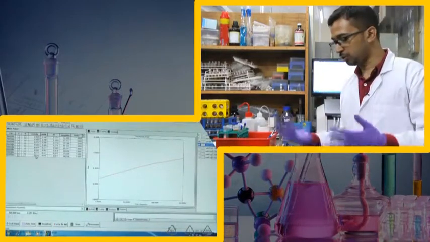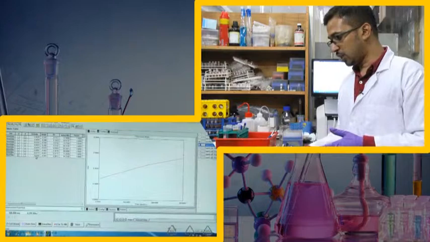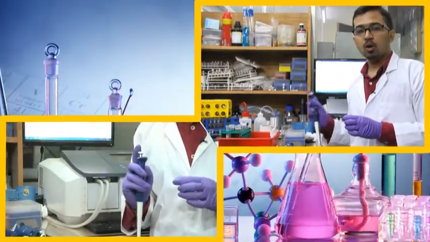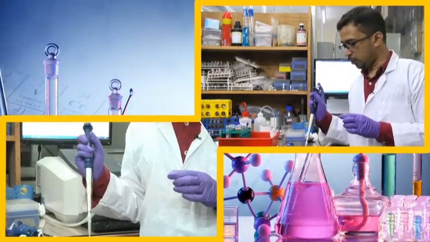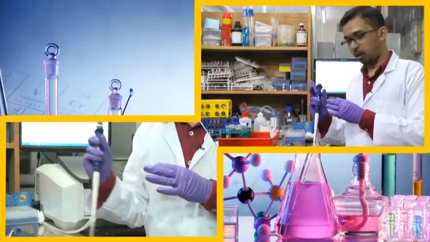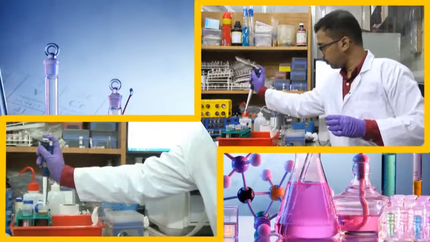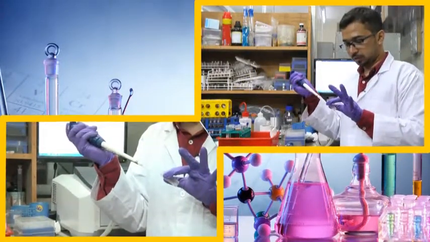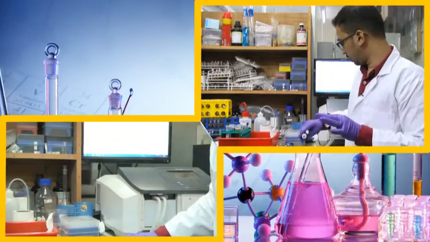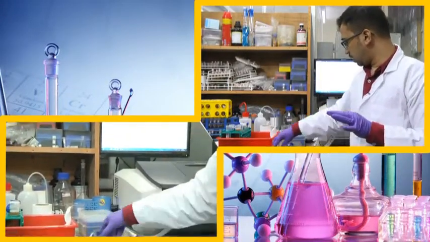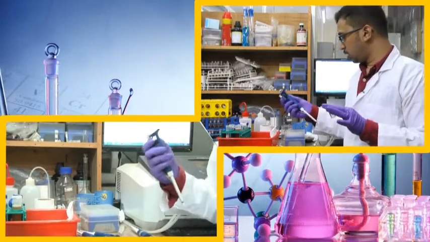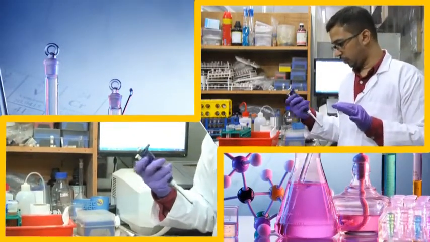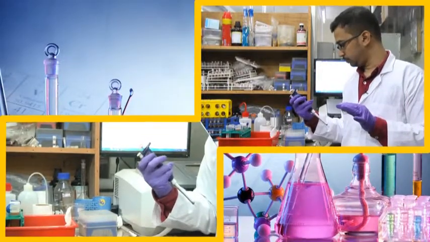So, out here the concentration is 0.83 millimolar, and we are changing the concentration of catechol now. Next, we are taking 2 millimolar of catechol. For that, we will be taking 340 microliter of this phosphate buffer, and taking in this cuvette. And now the amount of inhibitor, PHBA, is 50 microliter. So, it should be the same,